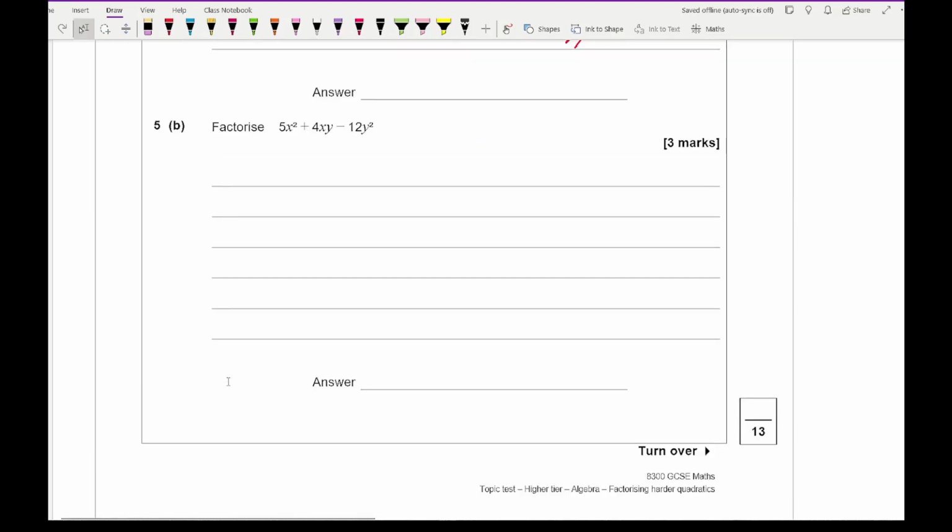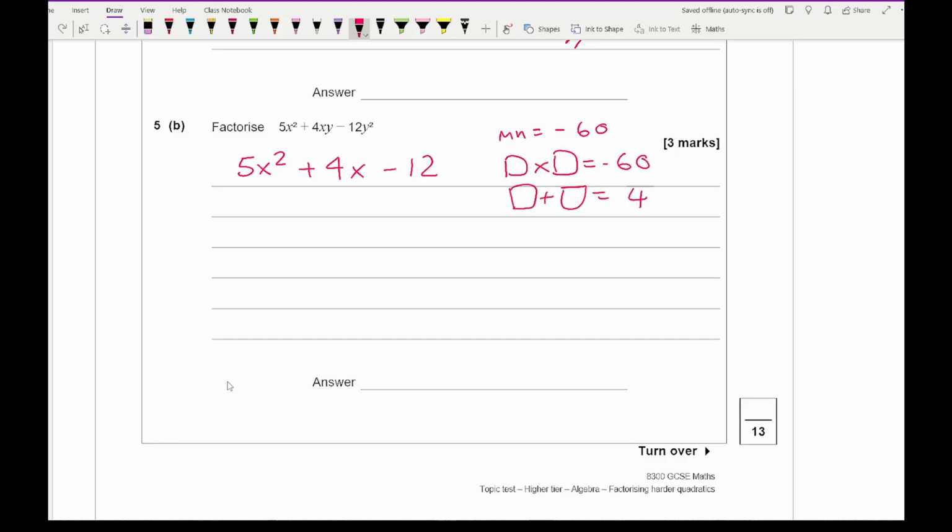Moving on to 5b, it says factorise 5x squared plus 4xy minus y squared. Now, if I start by just ignoring the y, so if I've got 5x squared plus 4x minus 12. Now, for the y, all I've got to do is just stick a y in the second term of each bracket. So factorising this, my magic number is going to be minus 60. So two numbers that multiply together give me minus 60, added together give me positive 4. And my two numbers are going to be 6 and 10,